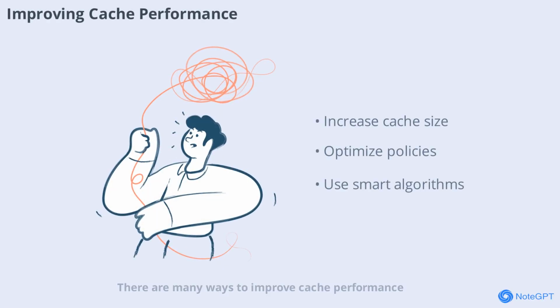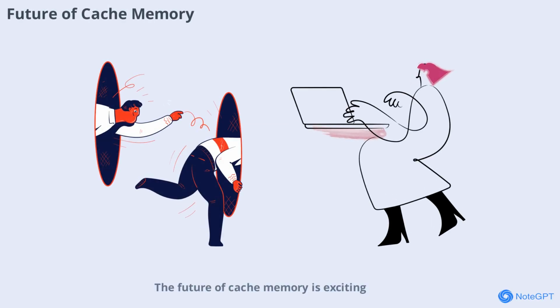There are many ways to improve cache performance, from increasing cache size to optimizing replacement and write policies. Advanced algorithms can predict which data will be needed next, further reducing cache misses. Ongoing research continues to push the boundaries of what cache memory can do. The future of cache memory is exciting, with new technologies like 3D stacking and non-volatile memory promising even faster and more efficient systems. As processors become more powerful, cache memory will continue to evolve to keep up with the demands